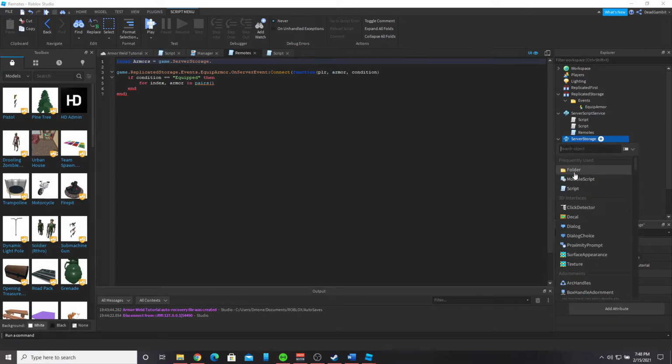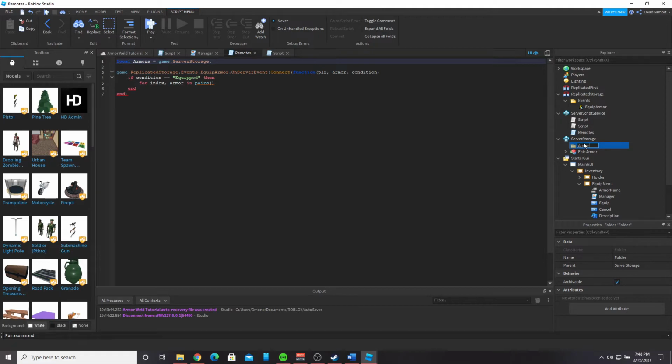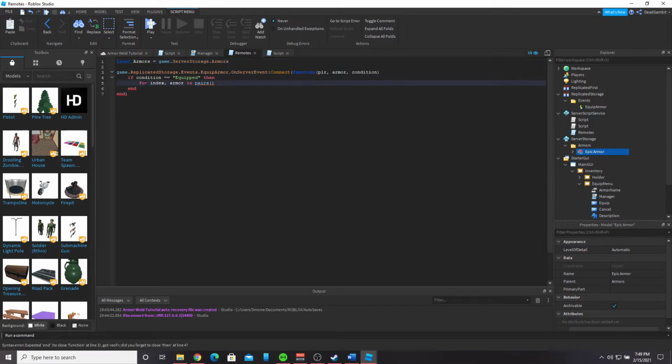Actually, let me put a folder in here first. Sorry if I'm going out of our order. So it's going to be our armors. Now we're going to do the for loop: for index, armor in pairs armors. I don't like how I'm doing this. Do armor folder. Okay, so then for index, chosen armor in pairs, armor folder get children, do